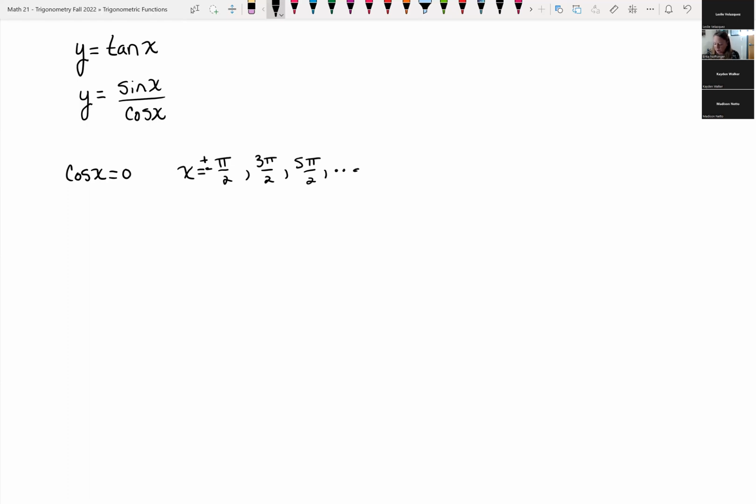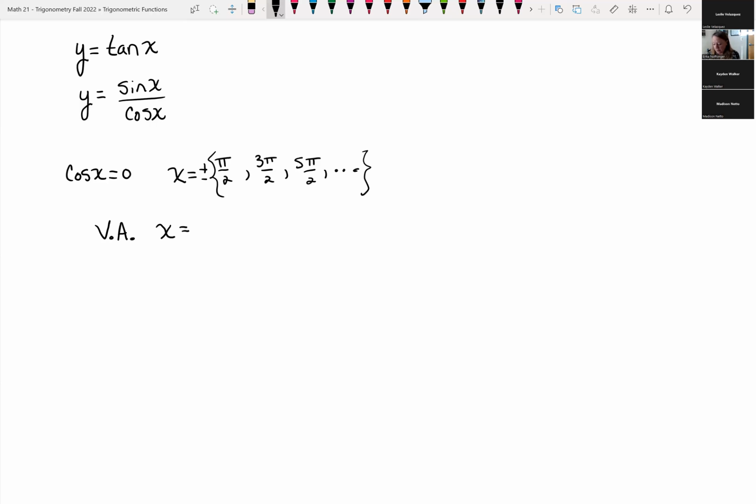And so a way we can express that, notice those are odd numbers in between there, the pi halves. And so these are values that are going to give us our vertical asymptotes. I'm going to just call it VA, short for vertical asymptotes, or x is equal to, and a way that